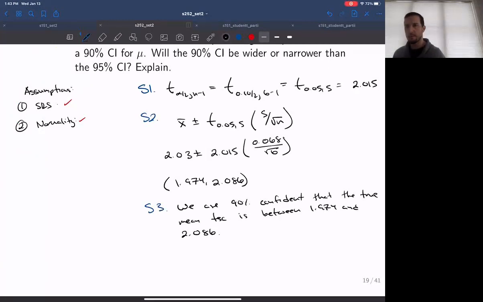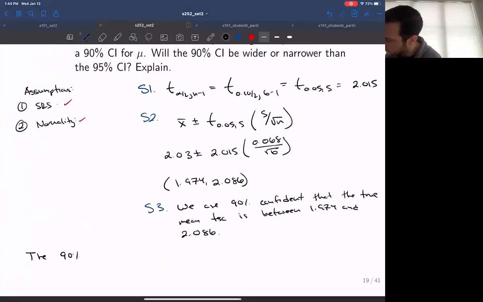Okay, then it asks us, will the 90% CI be wider or narrower than the 95%? So as we learned in the previous illustration, or in the example before we started talking about the t-distribution, the width of the interval is directly affected by a change in confidence level. So for the same sample size, we will observe a more precise interval as the confidence level decreases. So we can say, without even actually having to do the computation, though you could easily verify this by subtracting the lower and upper bounds in the 2 previous examples,